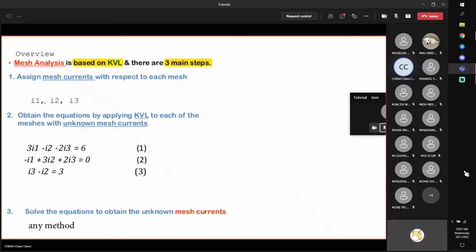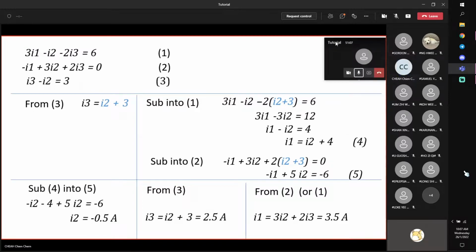Now, if the variable is known, you do not use Kirchhoff voltage law at that loop. If the current is known, you just apply Kirchhoff voltage law at the meshes with the unknown mesh current. So the keyword is the unknown. Solving the 3 equations, I'll just show you a brief one, but I expect you to know it, any method, so you have got to be familiar with at least one method